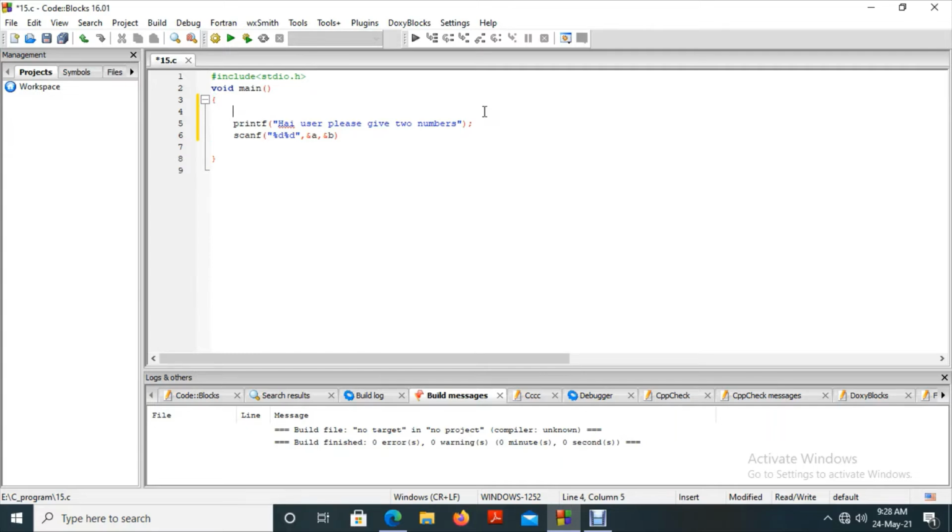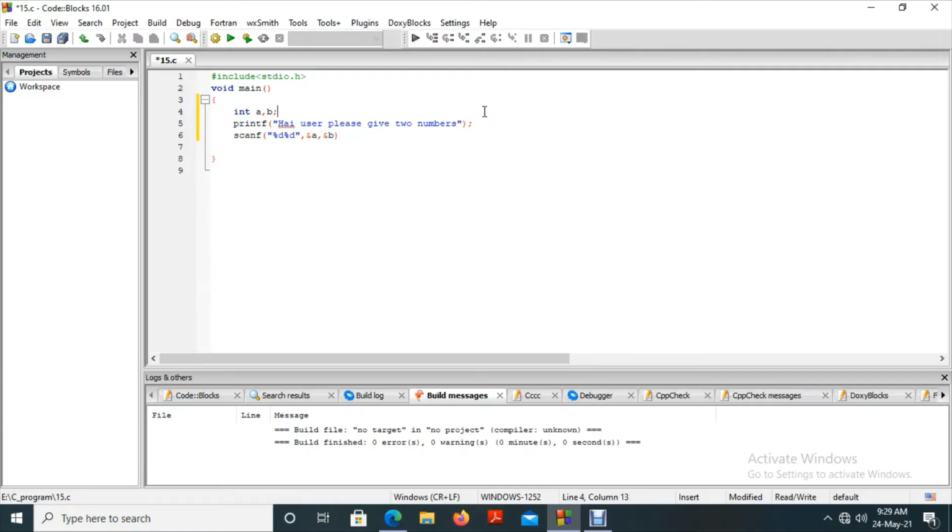So we have to declare this now, int a comma b. We declared two variables, a comma b, and by declaring them, we are telling the compiler, please create two blocks of memory to store the values under the labels a and b.